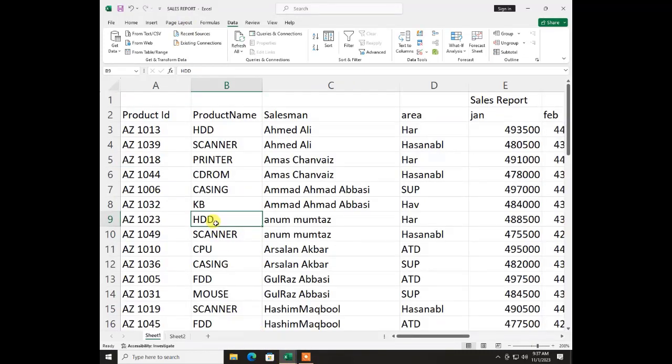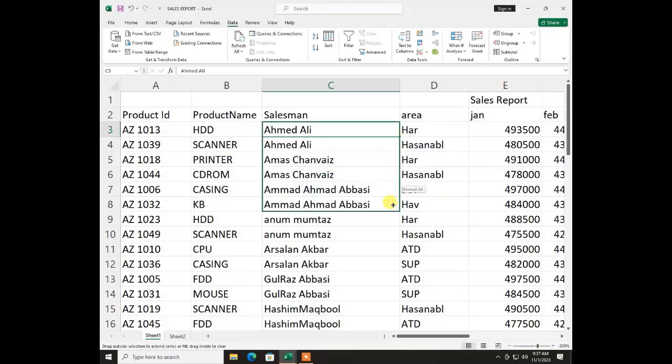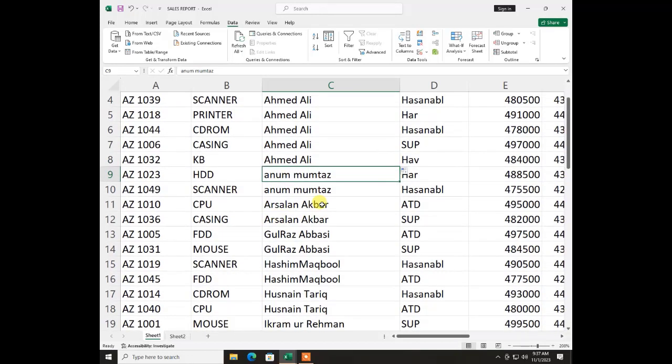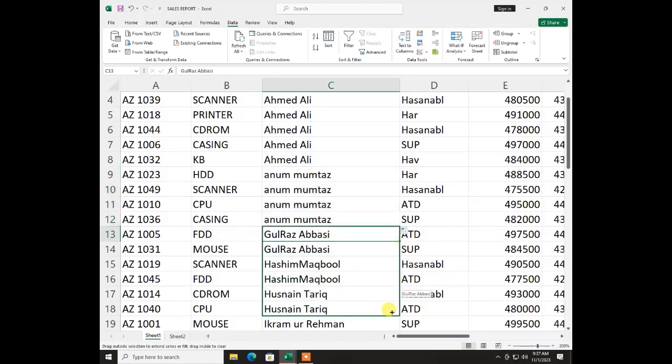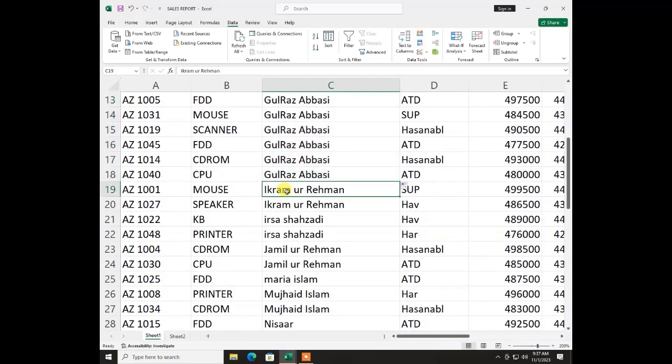The fourth and last command for today is about outlining or subtotaling. Here I have got multiple salesmen, but I don't need this many salesmen. So I have to do something different over here. Yes, now it's okay. I want only a few salesmen, okay? So for that purpose,